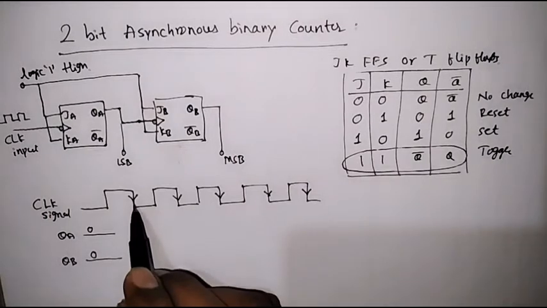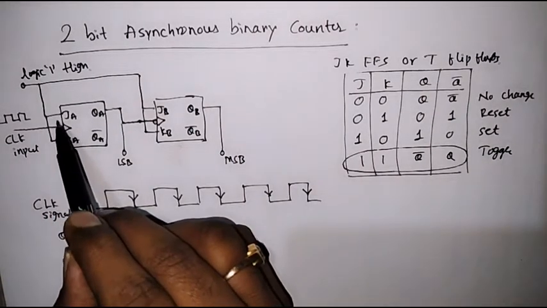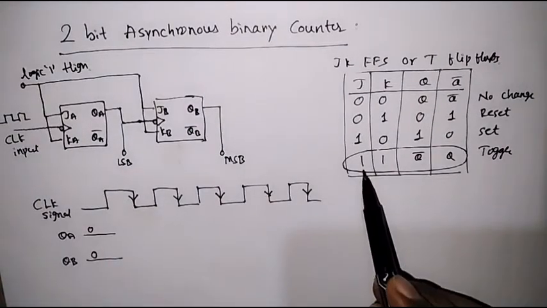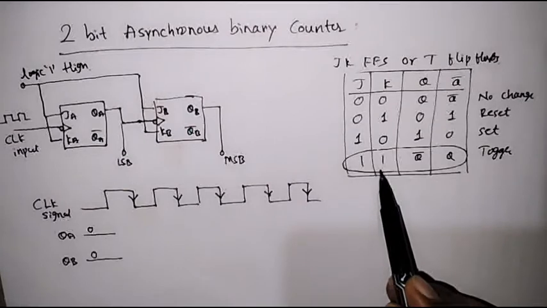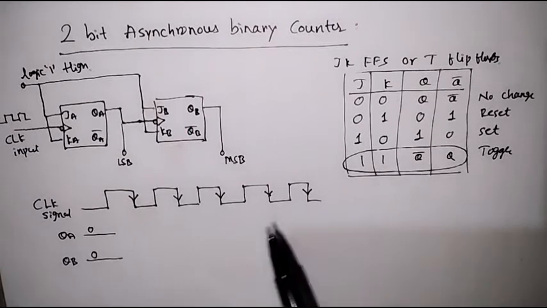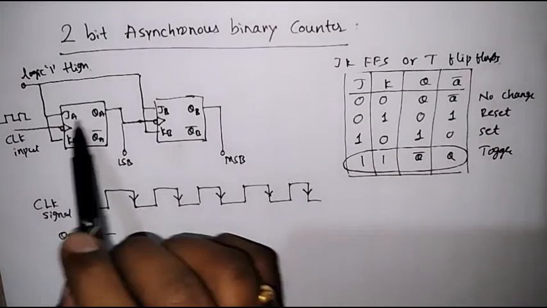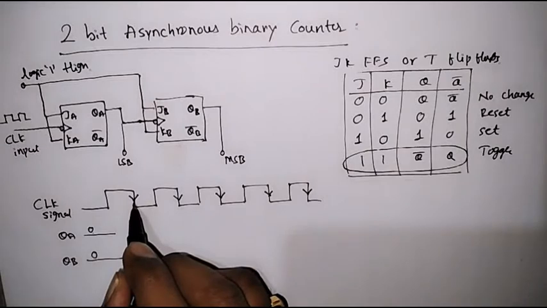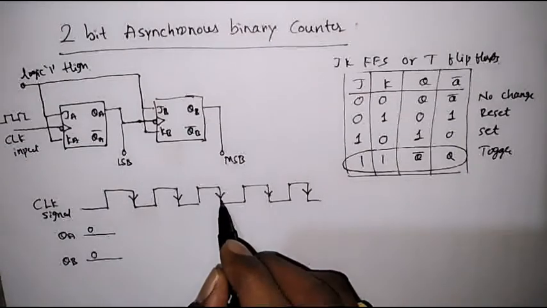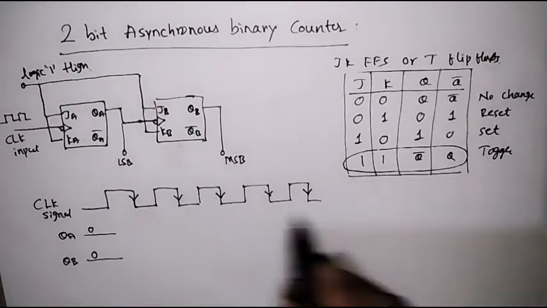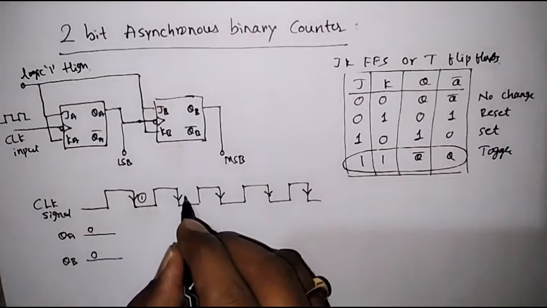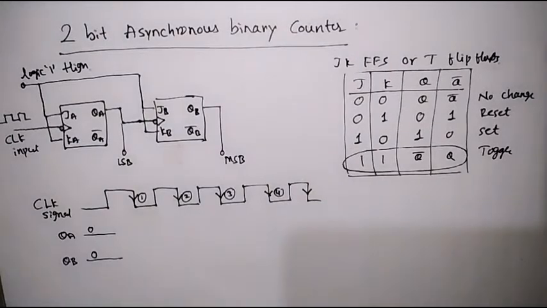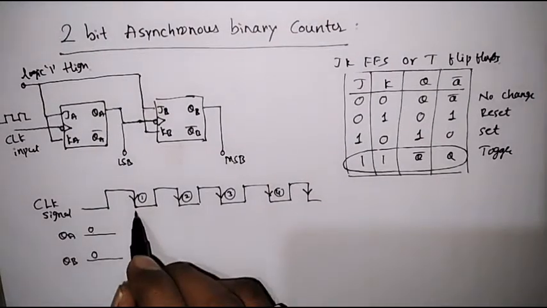When the first clock pulse arrives, as we know, both J and K are shorted and given 1, and we know that when both J and K inputs are 1 1, the JK flip-flop will toggle. So initially, we have assumed that QA is equal to 0. This is the first clock pulse, this is the second clock pulse, this is the third clock pulse, this is the fourth clock pulse, and so on. When the first clock pulse arrives,